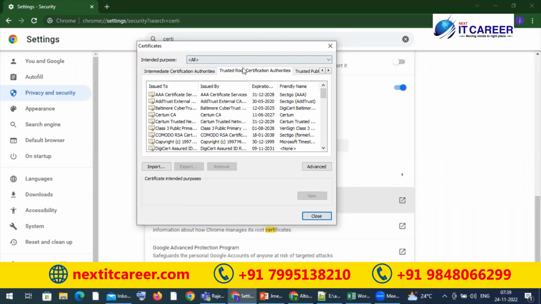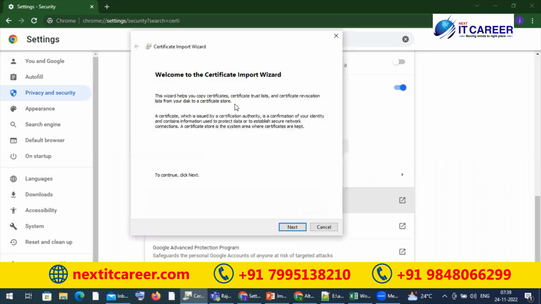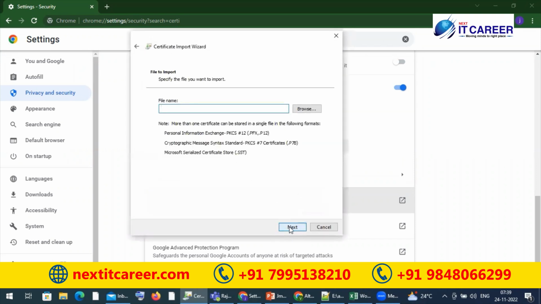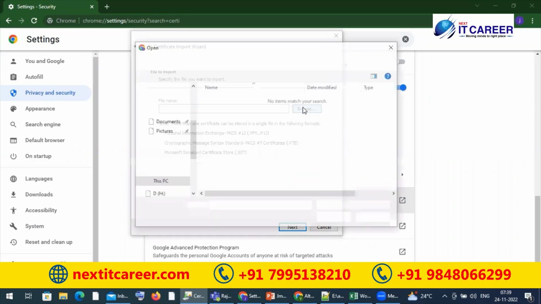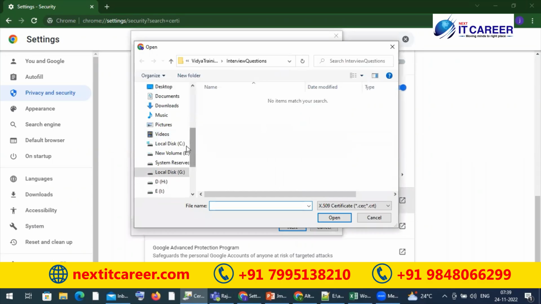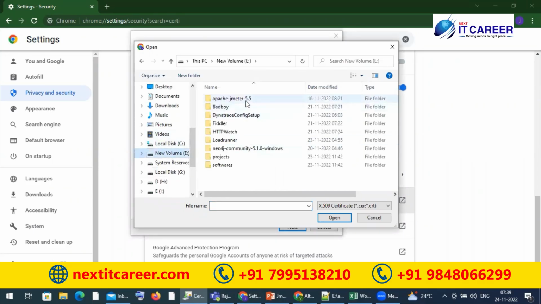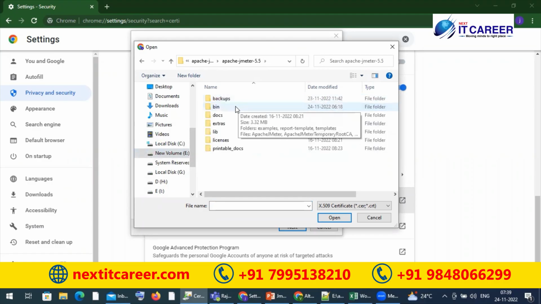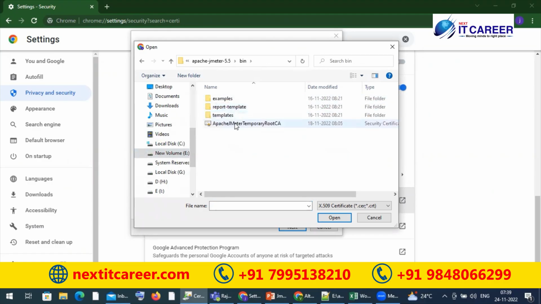Click on this tab, and click on Import. Click on Next. Here you have to select the file. Where is that JMeter certificate location? Anyone can answer? JMeter bin folder. Yes, the JMeter bin folder, correct, good. So you need to go to the JMeter bin folder and select